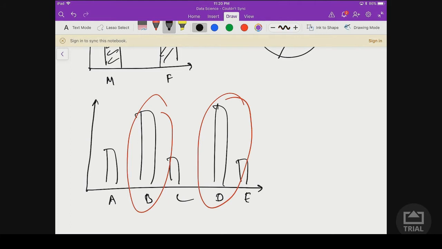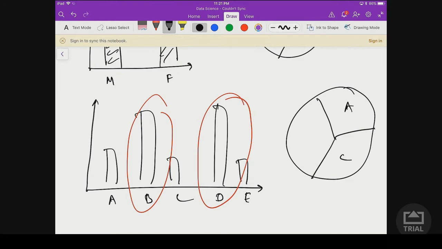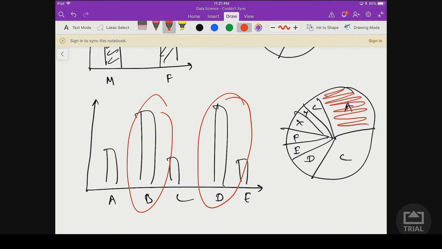If you do the same with a pie chart, you can actually see that, let's say, class A or let's say class C have a larger chunk of the pie, and there are several other attributes which have a smaller chunk, let's say D, E, F, and let's say X, Y, Z. We can clearly see that there's an important component over here, and there's an important component over here. So this is how you can use bar charts and pie charts coupled with two simple measures, the count numbers, which is the frequency, and the count percentage, which is absolute percentages of the levels, to understand the depth of